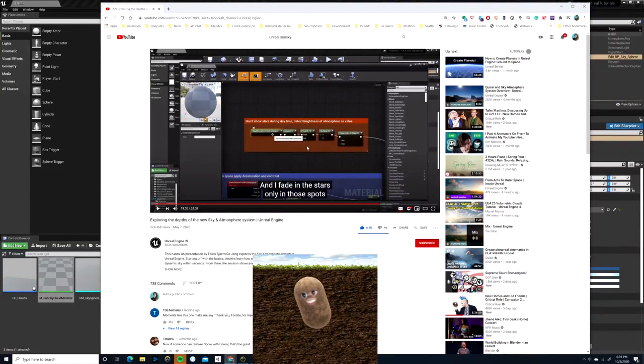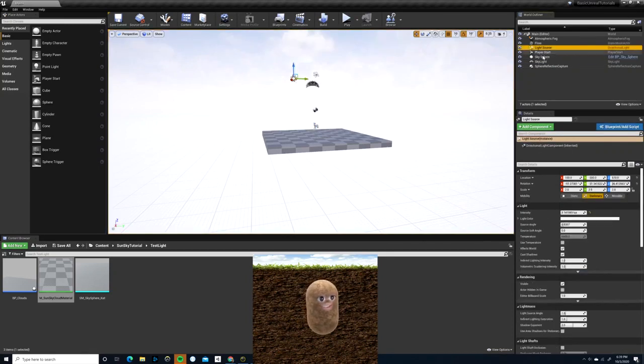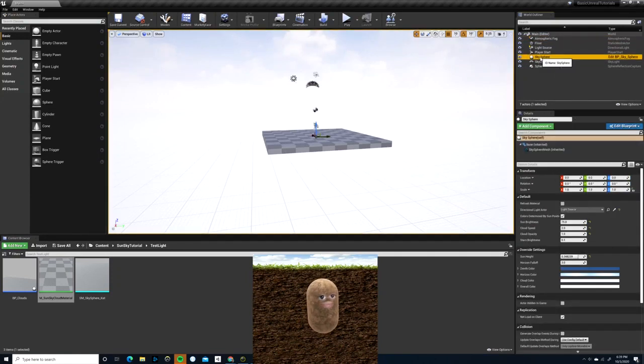I followed this guy's tutorial and realized that he didn't explain his material all that well. And then I looked at BP Skysphere, which is in any Unreal project, I believe. If you go to their main level, their main scene, it has a light source, sky sphere, skylight, and atmospheric fog. And the sky sphere is located in